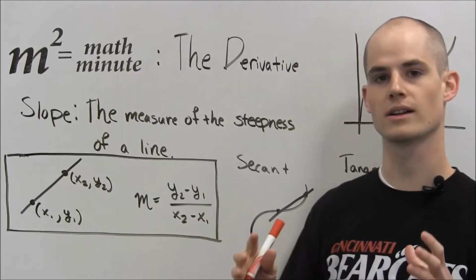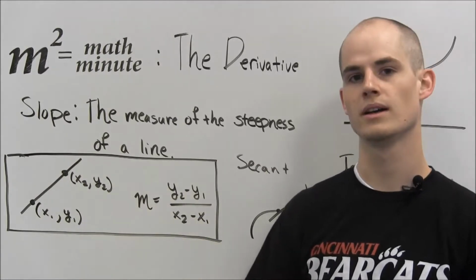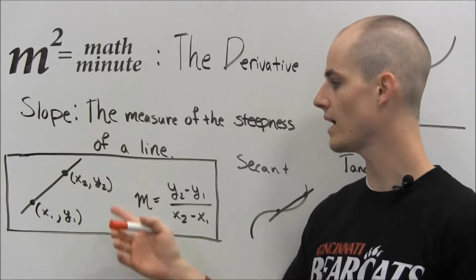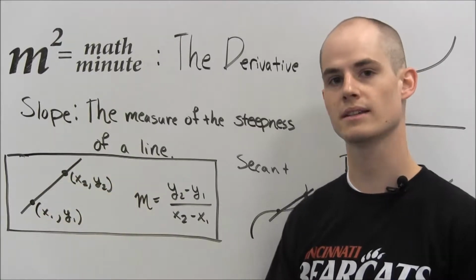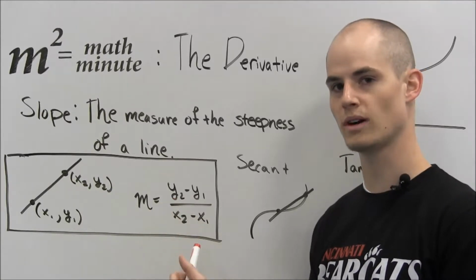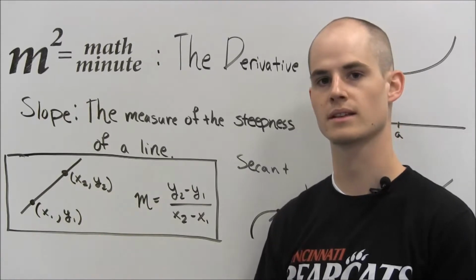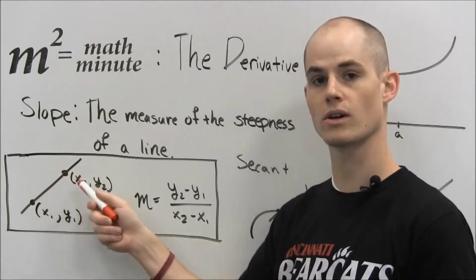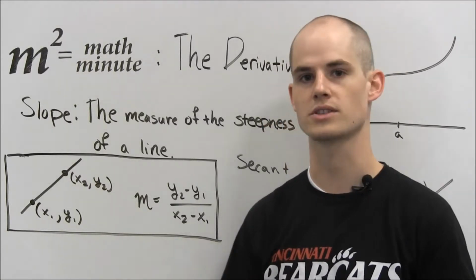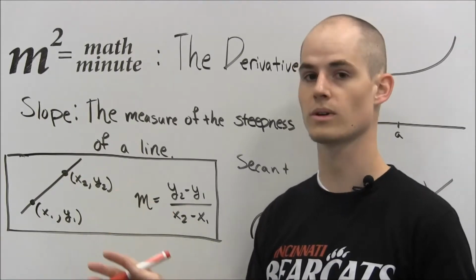First, as we are trying to build a base, let's start with something we already know. Let's talk about the slope. The slope is the measure of the steepness of a line. Now, when we have a line such as this, we have 2 points, and in this formula we've seen a lot, m equals y sub 2 minus y sub 1 over x sub 2 minus x sub 1. And that's when we have these 2 given points. In other words, this is our rise over our run. We've seen this a lot, we've been doing a lot with this, with modeling linear functions. Let's make sure we understand this, because what we're going to do is no